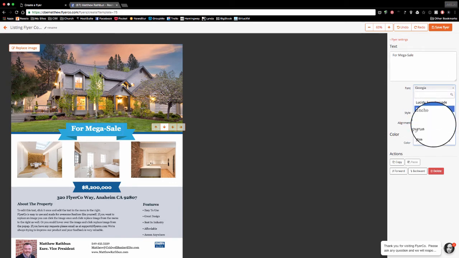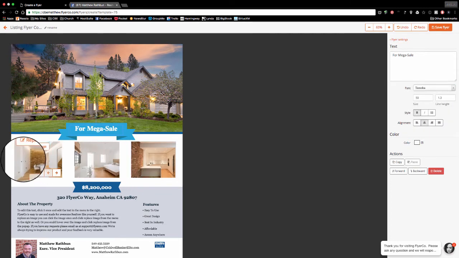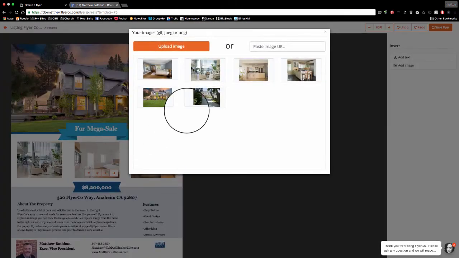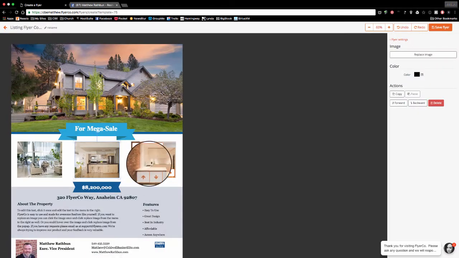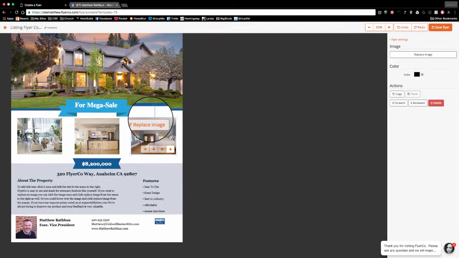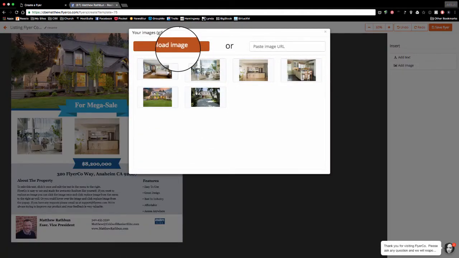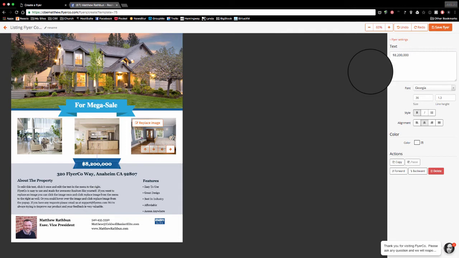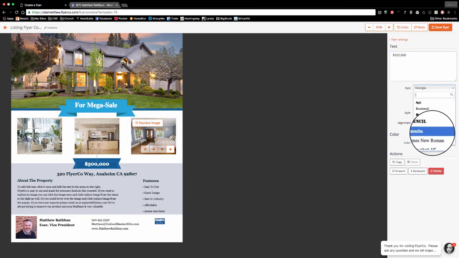and then I'm going to go down here and find maybe a template or a font that I like better. I don't know that I like that one better, but it's just for training. I'm going to use that and move on. And then I'm going to replace all these pictures by clicking replace image, and find the picture of my listing that I like. And if you haven't already uploaded your photos, then when you go to replace image, you're going to click upload image. See, pretty self-explanatory. And then when I go down here, 8,200,000, a little pricey for our area, so we're going to say 500,000 and change that